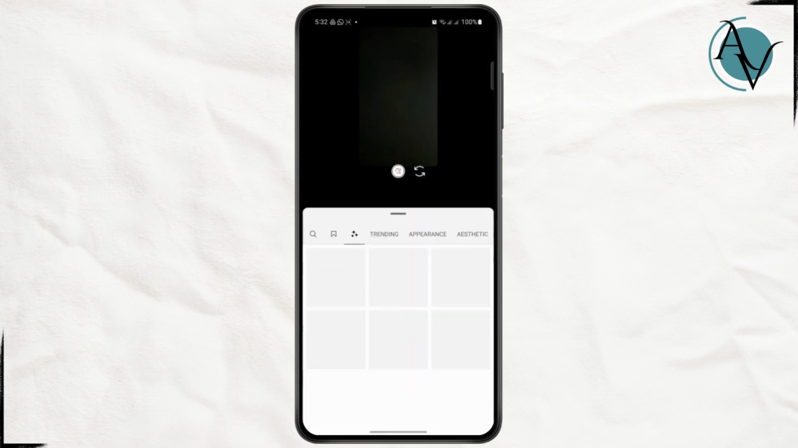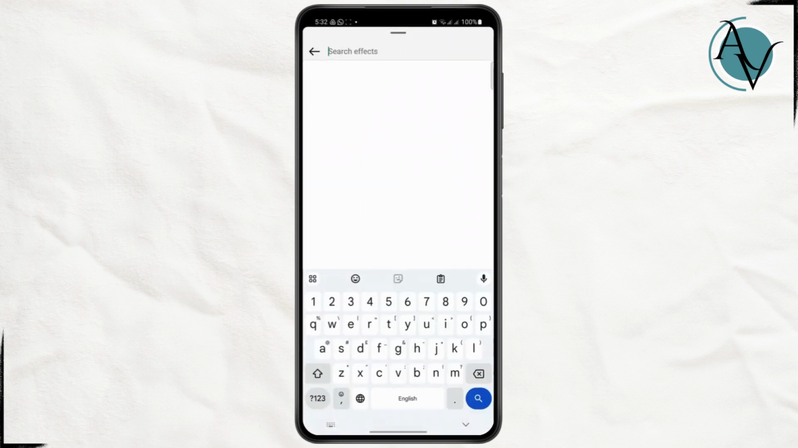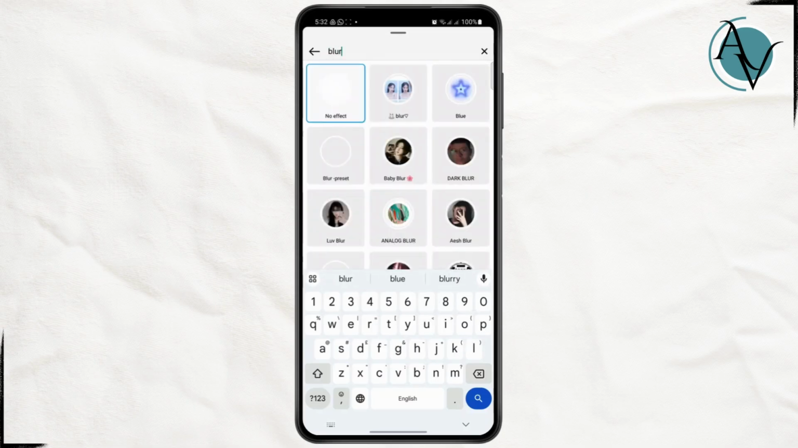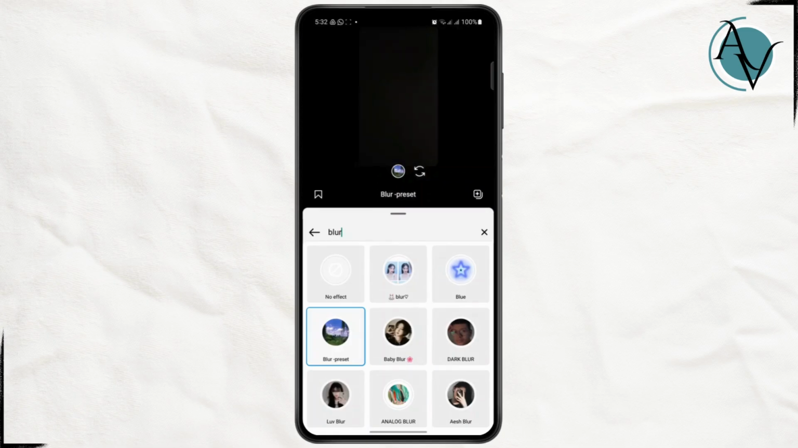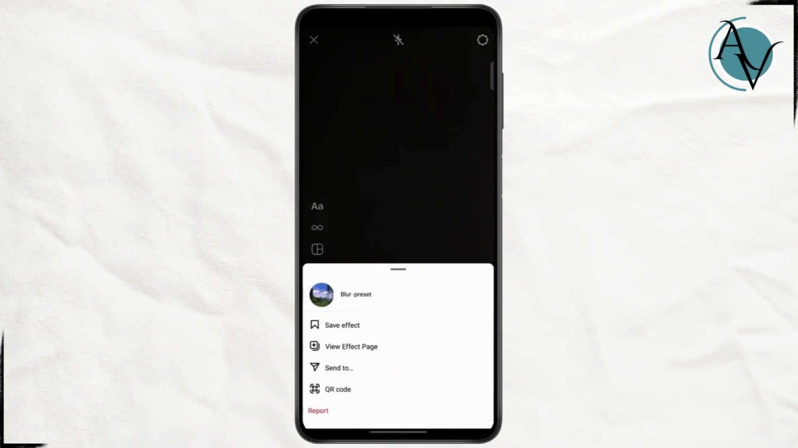So now once you tap on this browse effects option, you'll have an option to search for different kinds of effects. So if I just search for a certain blur effect, it will show me all of the available blur effects. So let me just choose this one. And now you can just take a picture, or if you want, you can just tap on this and save